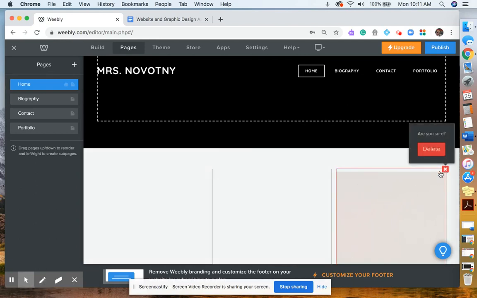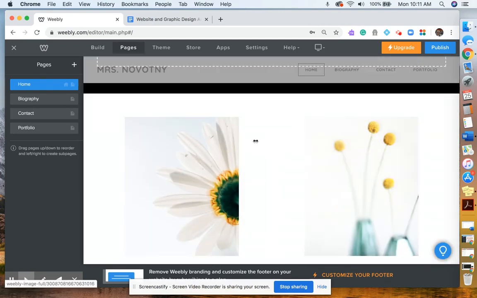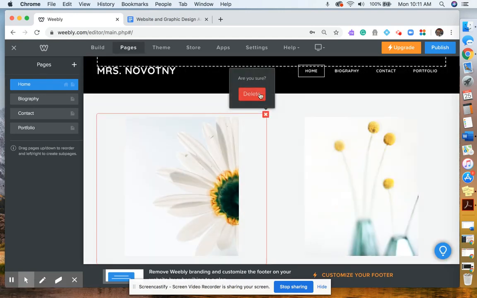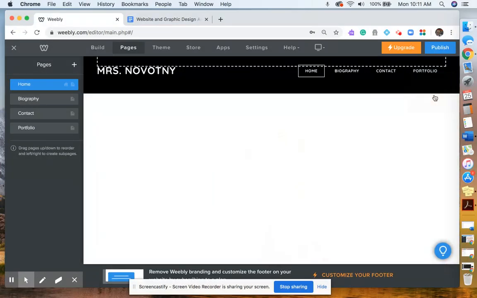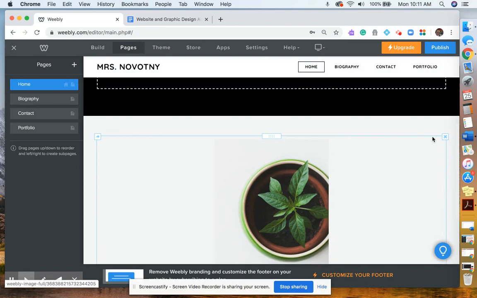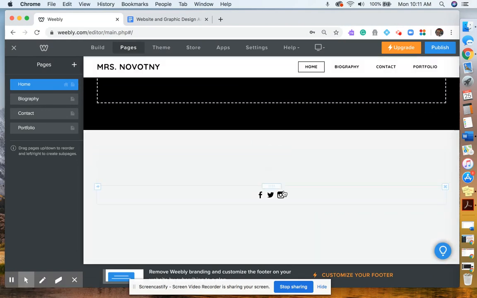This would be a great way to showcase a little bit about yourself. I'm just going ahead and deleting them at this point because I don't need them. Eventually, later, you can really jazz up your website and make it more interesting. So I'm just getting rid of any of these at this point. It always asks you if you want to delete something, but if I wanted to add something in there, I